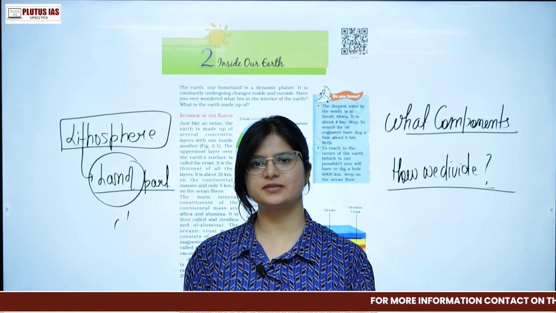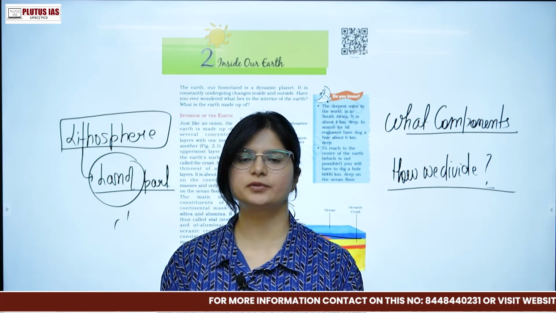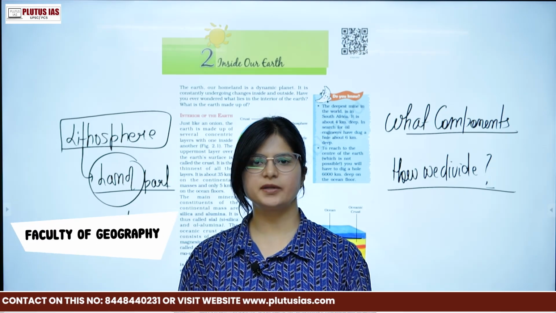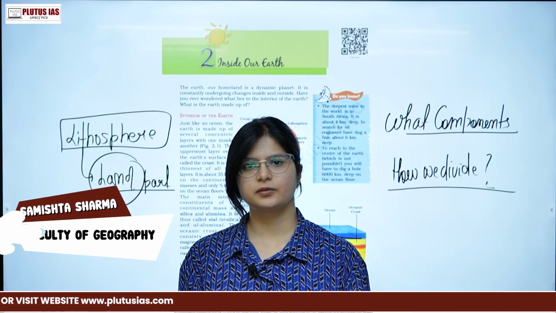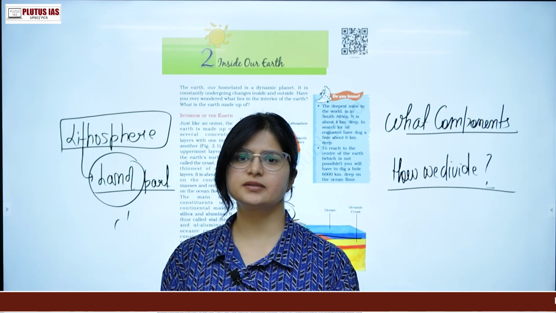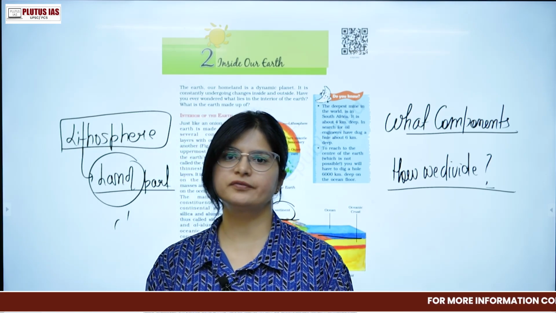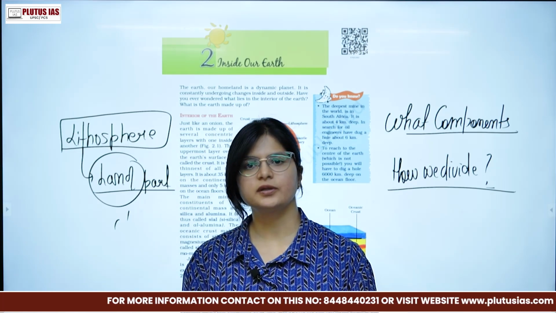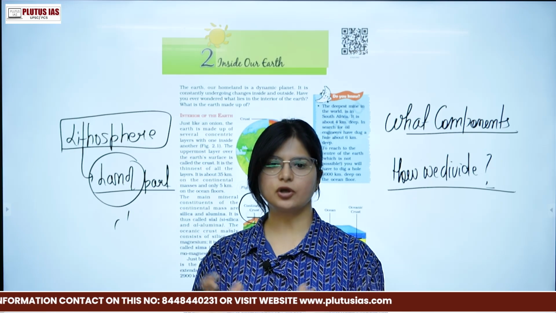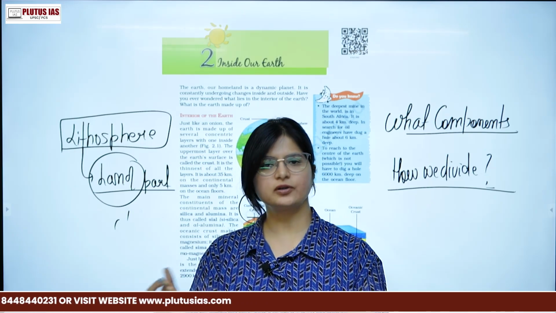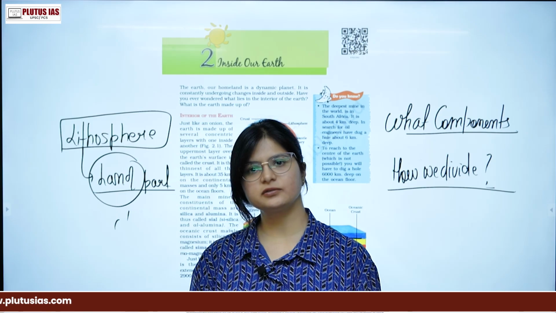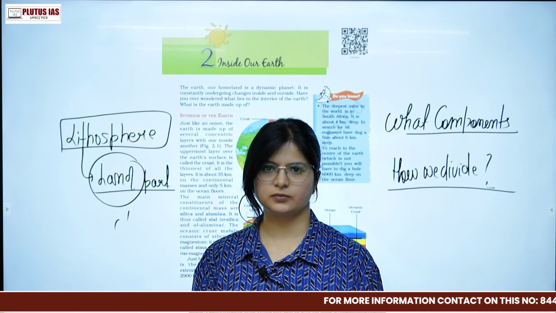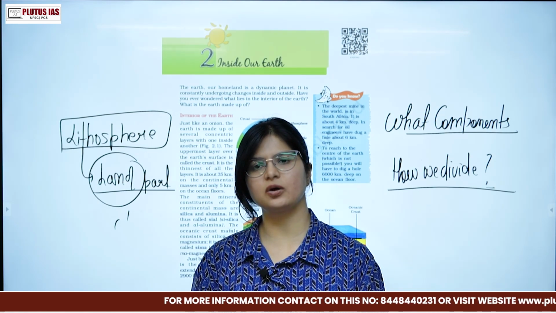We are continuing our NCERT series and today we have taken chapter 2 of class 7th, Inside Our Earth. Earth is made up of different layers, and in NCERT there is an example of an onion: if we peel it off we get different layers. Similarly, Earth also has different layers. The topmost layer is made up of a different composition. The composition beneath it, which we call mantle, is different, and below that we have the innermost layer, which we call the core.